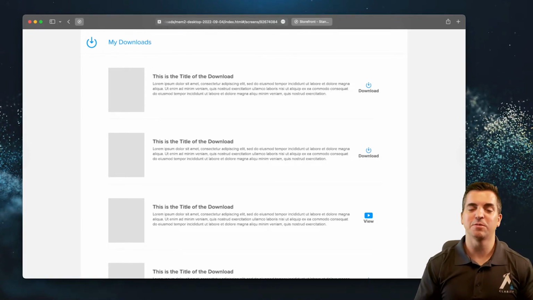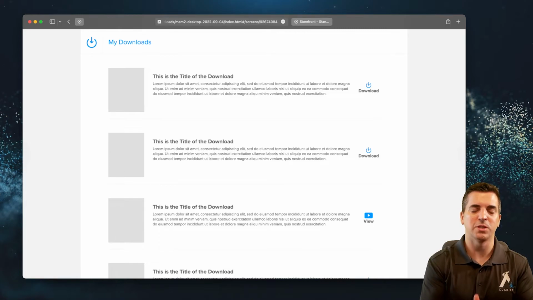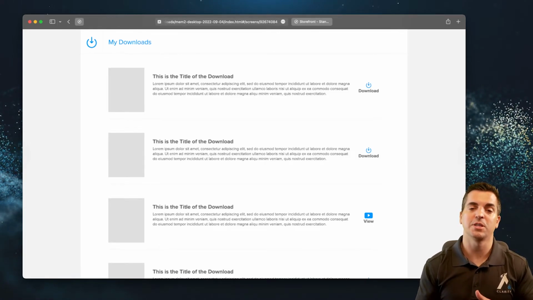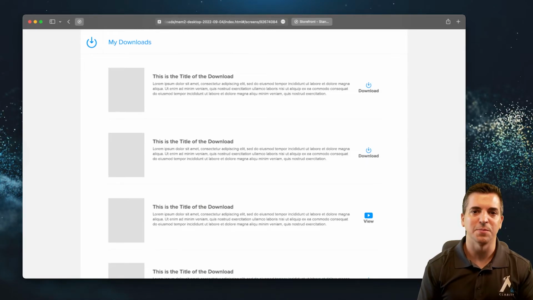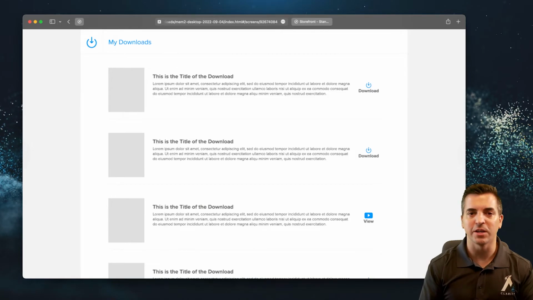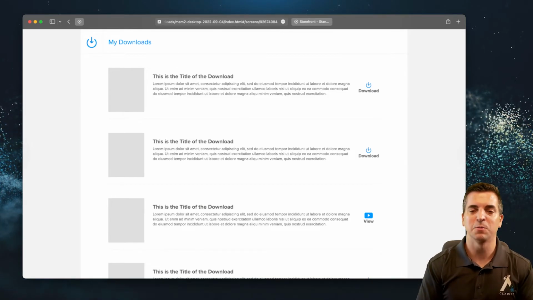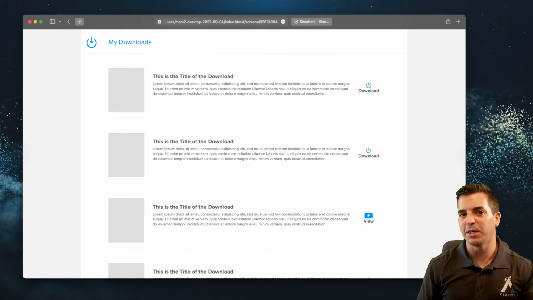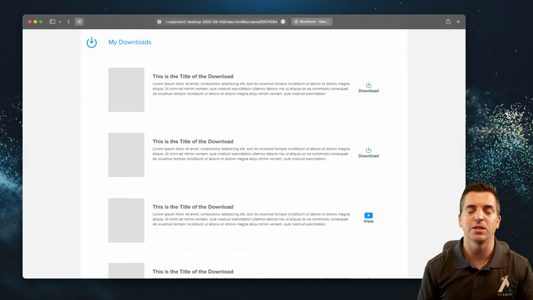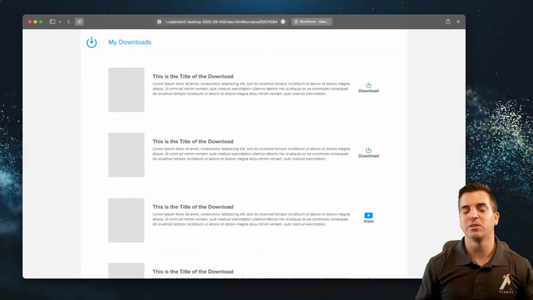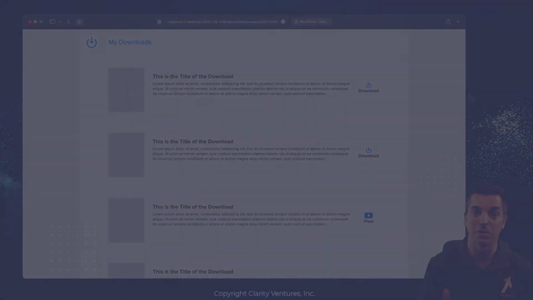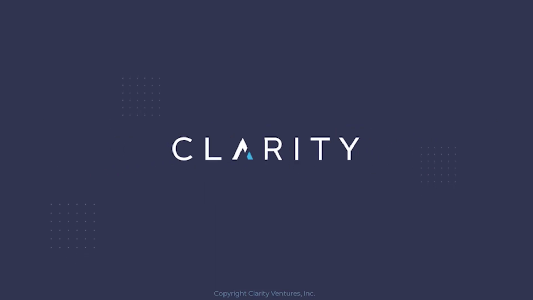Regardless of your needs for being able to provide your users with downloads and access to media based on their particular membership level, this is something that we encourage you to work with a company who has dealt with a myriad of different options and can really help you think about where you're going to be in 3 to 5 years, as well as what tactically you need to do to get your data migrated and make sure that your users have an excellent experience and that you have a feedback loop that's built into this download area of your membership or